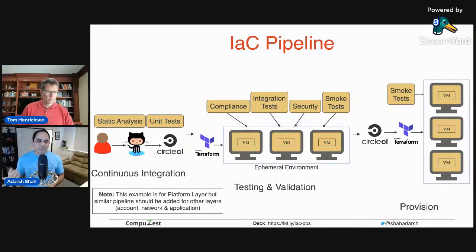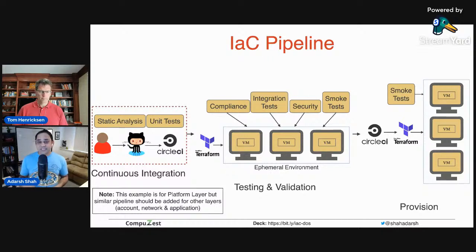So let's start from the left, right? So you have some kind of a CI, continuous integration, that runs anytime you push code to your main branch, let's say. So you can run some static analysis tests that we talked about. If you have unit tests, you can run those unit tests as well. After that, once that's done,